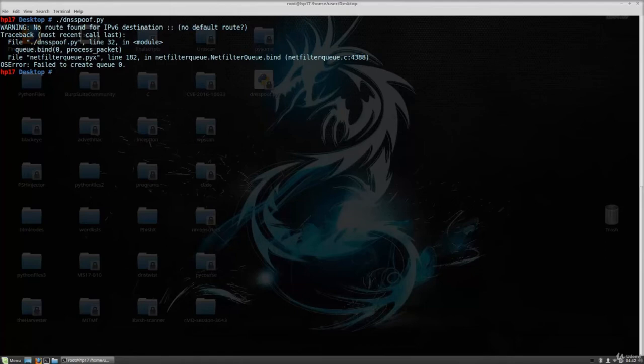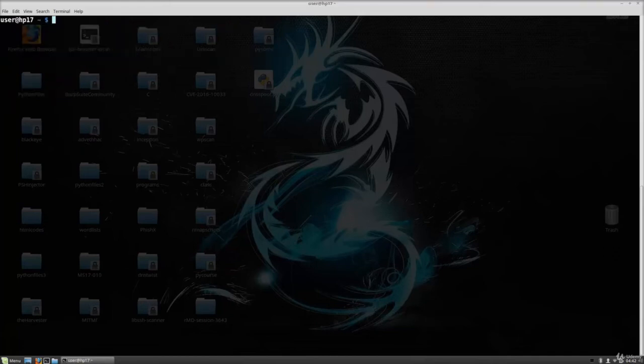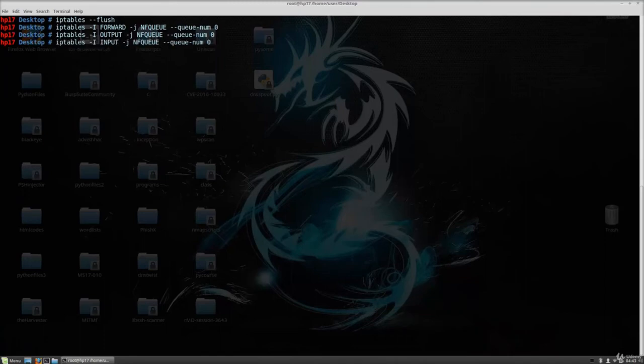Let me just see, failed to create queue 0. Okay, so what I will do is close my terminal and open it once again. I will run all those 4 commands once again, so I don't get the error a second time. Okay, and now if I try to run the program,